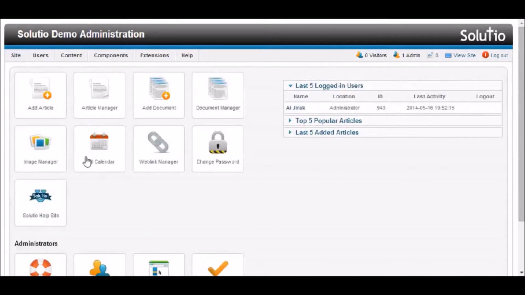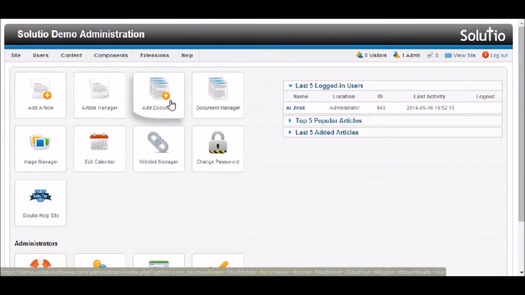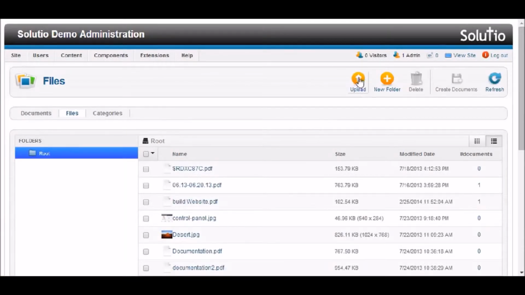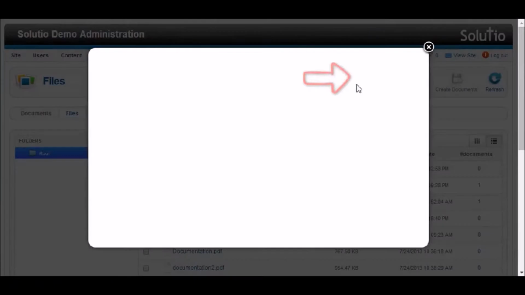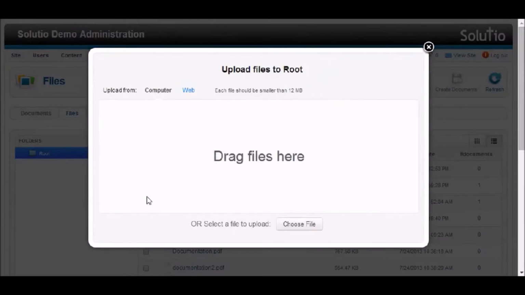Now we will go back to the control panel to look at the next process, how to add a document. This process has changed a little more than the others, so pay attention closely. Just as before, we'll click on the Add Document button to add our document. Then we're going to click on the Upload button up towards the top part of your screen denoted by the red arrow. On the screen that pops up, we can either drag files into this window, or we can click